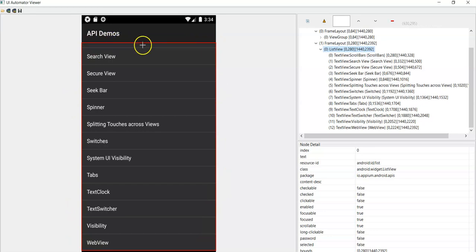You need to identify the locator of this scrollable container. Now what is the resource ID? This scrollable container has some resource ID value, so you can use this resource ID value. There is no content desc value or text attribute value, so you can use the resource ID value.